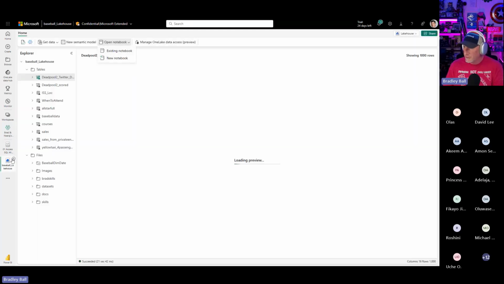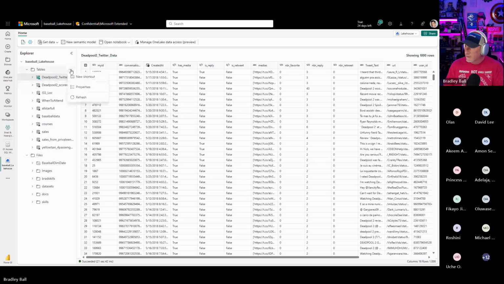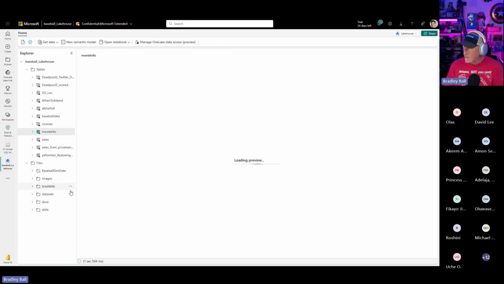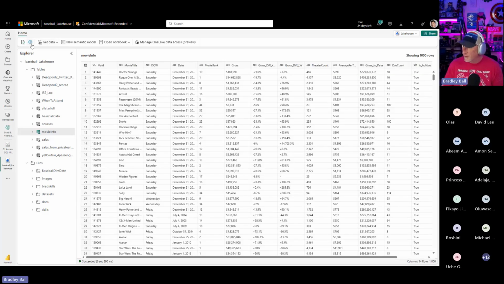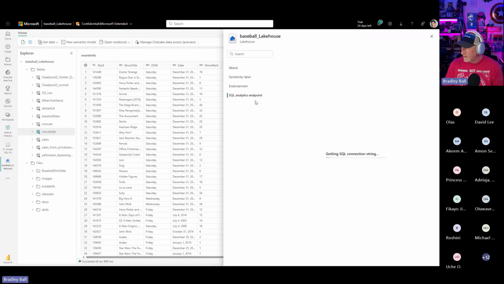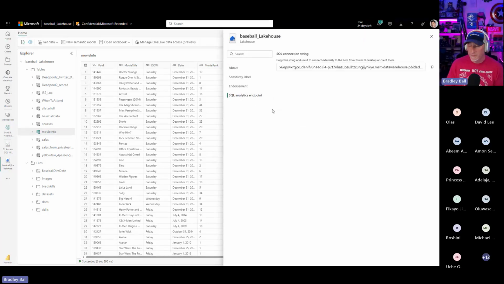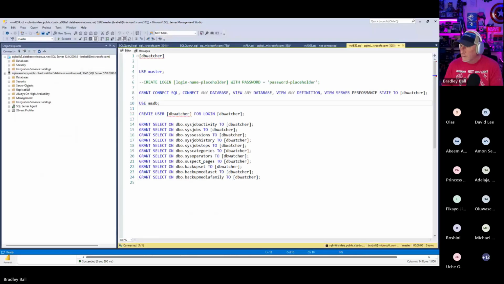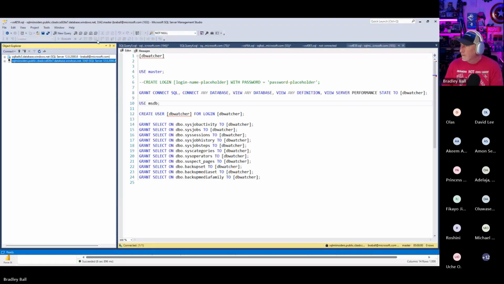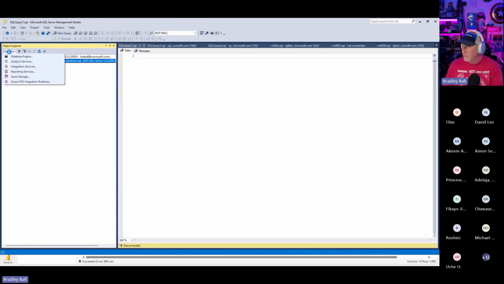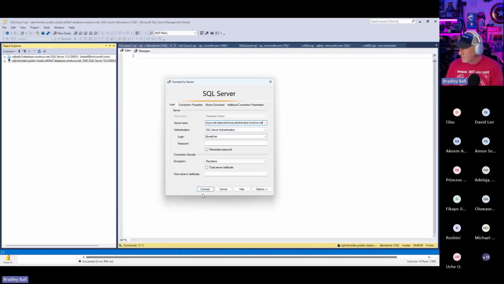And I could go back over to my lakehouse, give that a quick refresh. And I can see there's movie info as well. It's going to take a second for the preview to load. There's a little gearbox right here, but if I grab this gearbox, I can get my SQL analytics endpoint. You could also get this from the menu, multiple different places you could do this. And all I need to do is copy this. And then let me go ahead and open a new window, and I'm going to connect to a database engine.